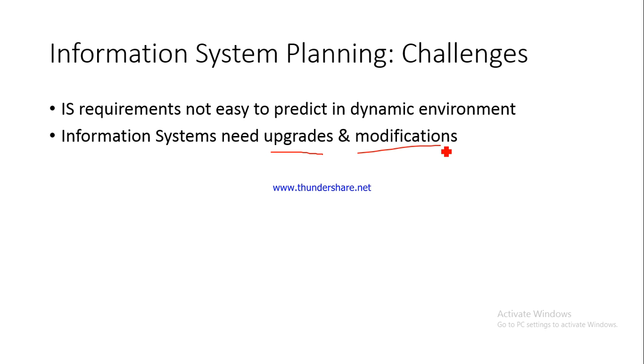So the information systems also shall need upgrades and modifications, right? You have seen how an expert system keeps on upgrading itself, it's a self-learning kind of system, because it has a knowledge base to which it applies some rules, and then it discovers a new knowledge or a new pattern, and this information is fed back into the knowledge base. So in that sense, it's a self-learning system. So information systems shall keep on upgrading themselves. They need to be upgraded on a regular basis.